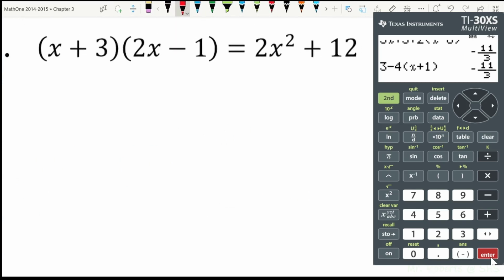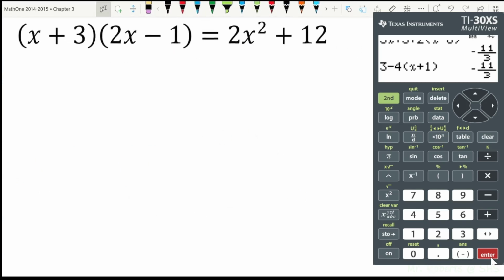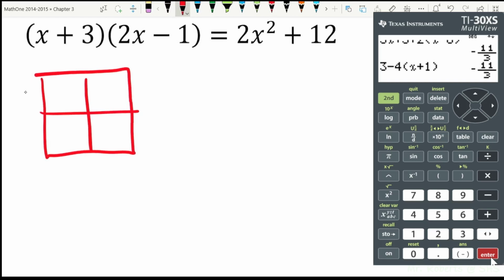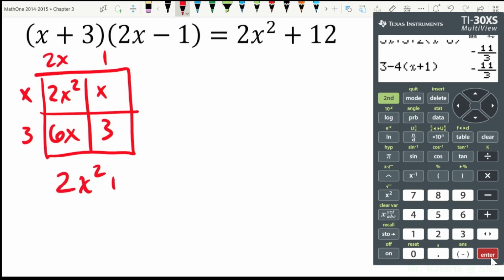This next question has this binomial multiplication going on. And for now, I like demonstrating using a generic area model to just practice multiplying this. So what do I have here? I have a binomial x plus 3 times the binomial 2x plus 1. When I multiply those, I get a 2x squared, I get an x, I get a 6 times x, and I get the number 3. So that left-hand side is the same as 2x squared plus 7x plus,